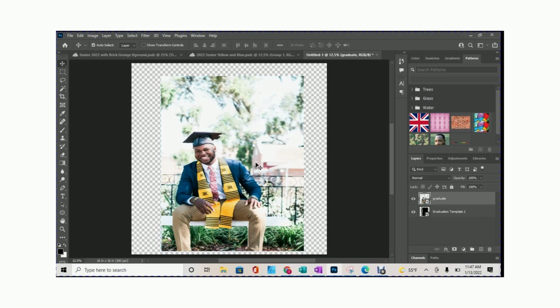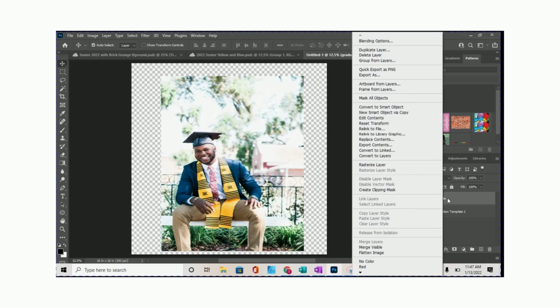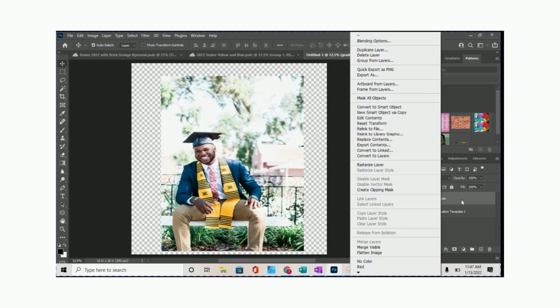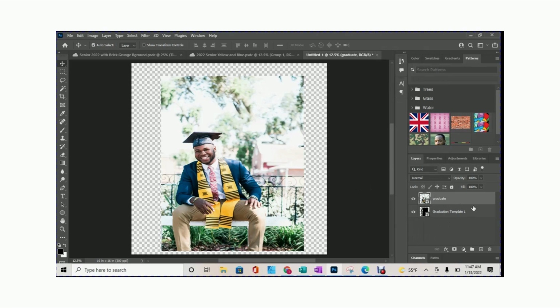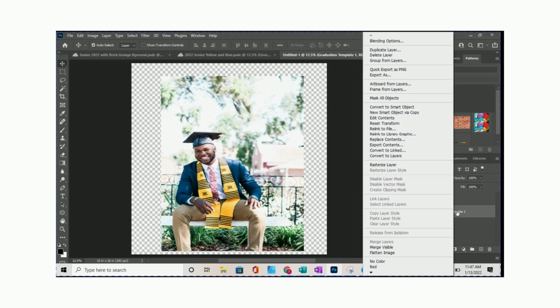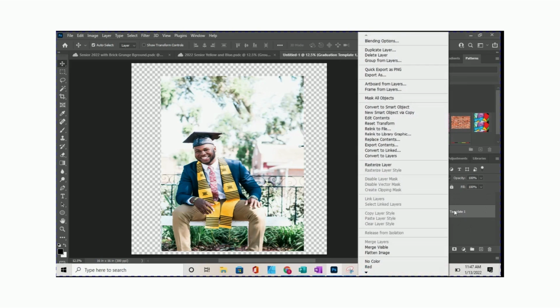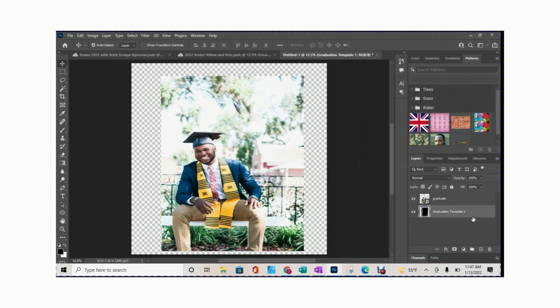All right, so now that we have our graduate image the size that we want, go over here to your layers. First of all, I forgot, go back down to your template and you want to rasterize your layer. So to rasterize your layer, you're going to right click, rasterize layer.